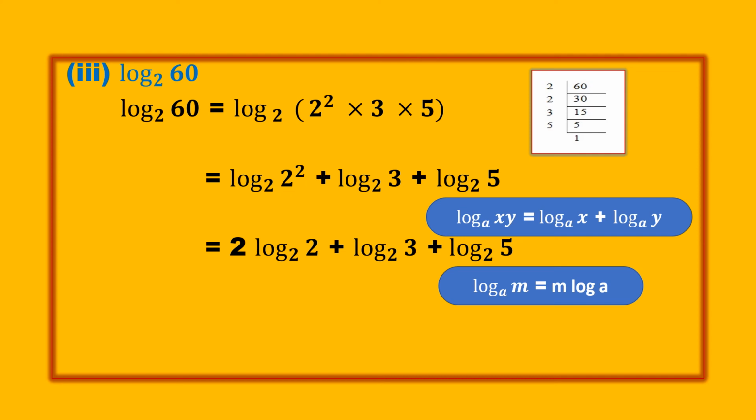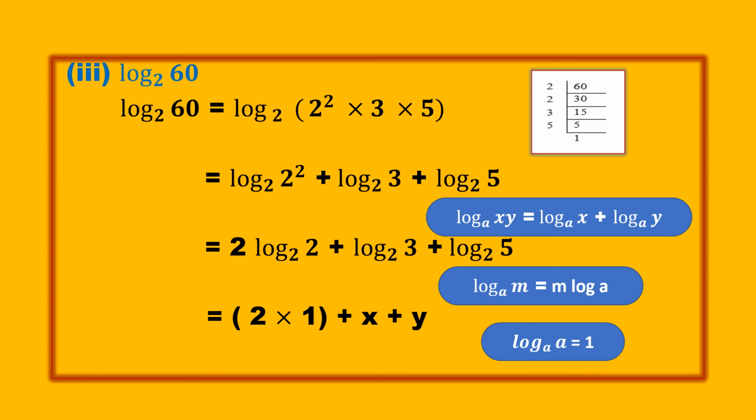Clear? So now here the base and the power are equal, so you'll get 1, and he gave the data that this is x and this is y. So instead of log 3 base 2 I can write x, instead of log 5 base 2 I can write y. Simple, right? So log a base a is equal to 1. Now 2 into 1 here, this one has given x, and here log 5 base 2 is given as y. So I have substituted. So 2 into 1 is 2, 2 plus x plus y. Now log 60 base 2 is written as 2 plus x plus y, means it is written in terms of x and y, right? And this is a numerical.